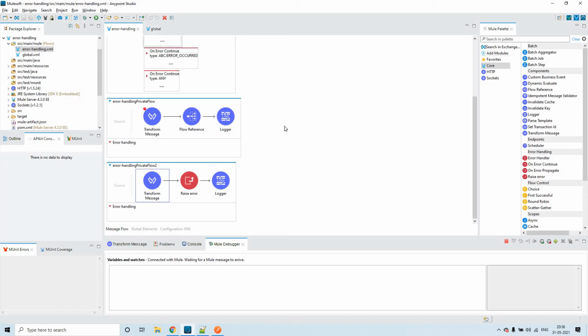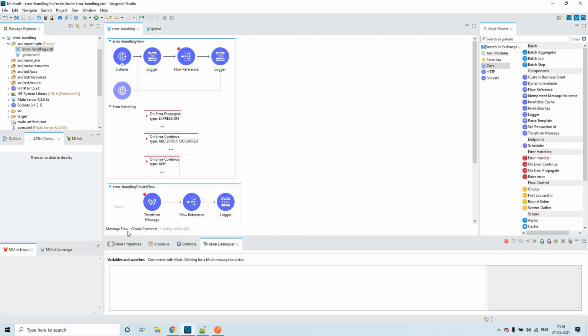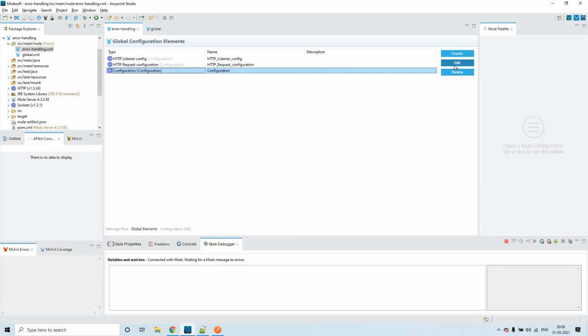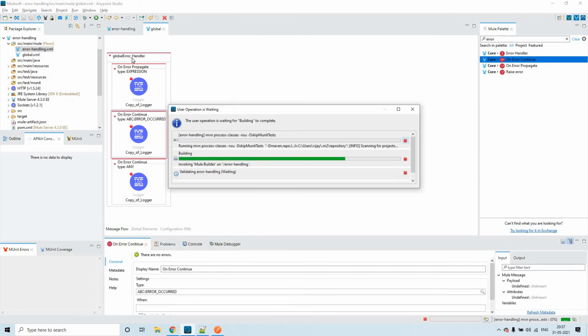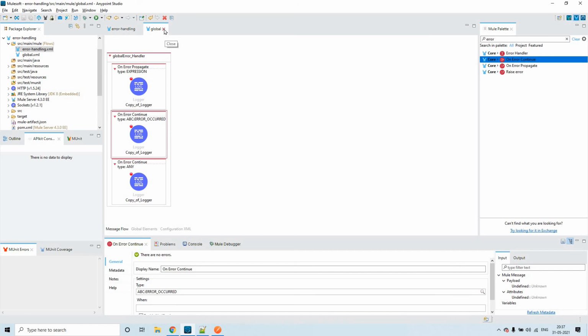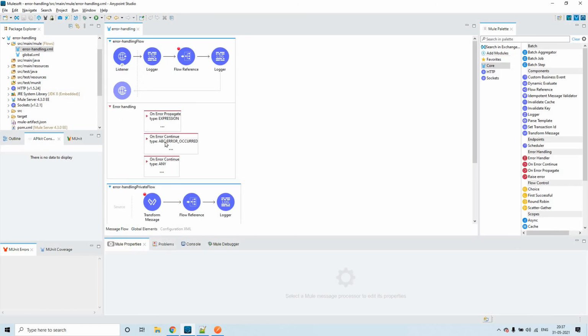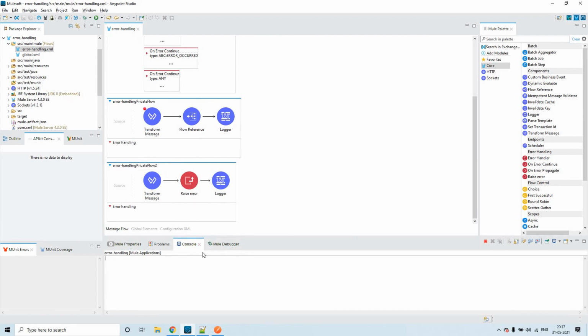For example, now let me do one thing. Go to the global elements in this flow. Let me delete this entirely. So now you see, though we have something in the global, something like global.xml where we have configured the global error handler, what we did is we have disconnected them. I mean, we have removed the configuration. So it is just another file. There is no relationship between this configuration file and the global.xml because we have removed the configuration, right? So that means there is no global error handler. Now let us see how the propagation of the flow happens.